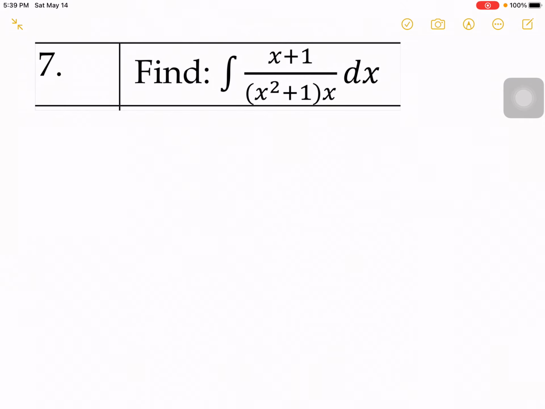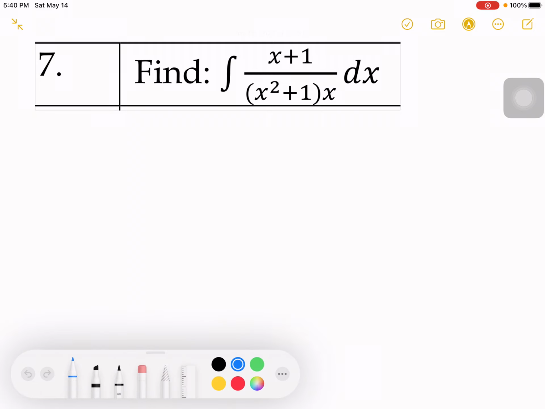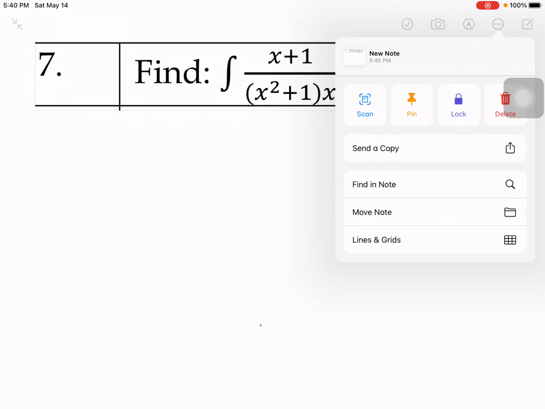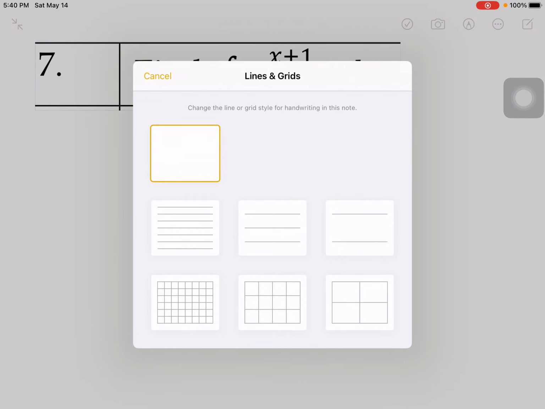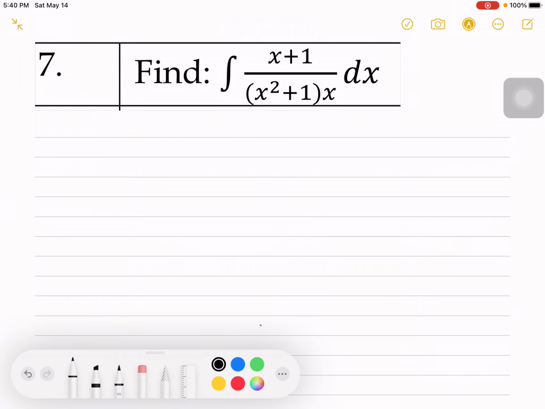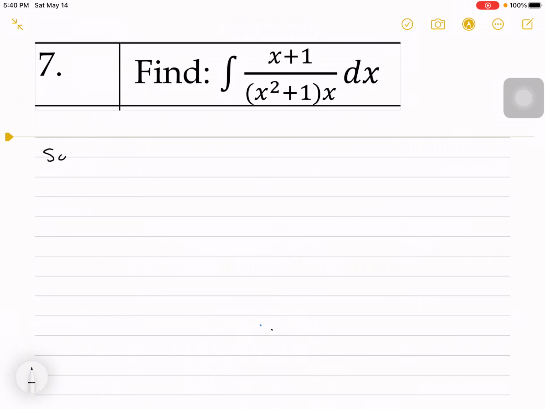Question number 7, in which we want to find the integration of (x plus 1) divided by (x square plus 1) into x dx. Actually this is the question which depends on partial fractions. It is the topic partial fraction in indefinite integration we have read, and we will use that concept, partial fraction. So now the solution is,